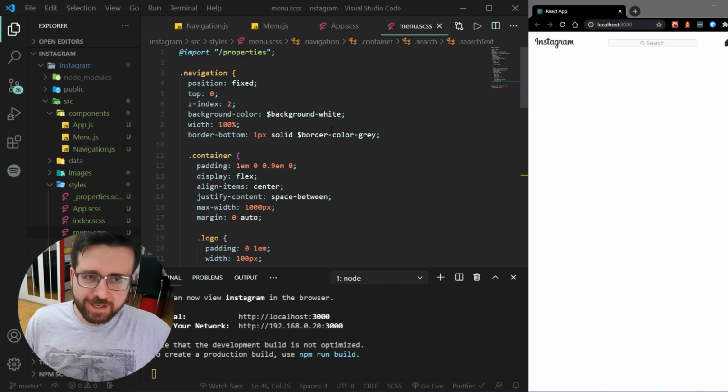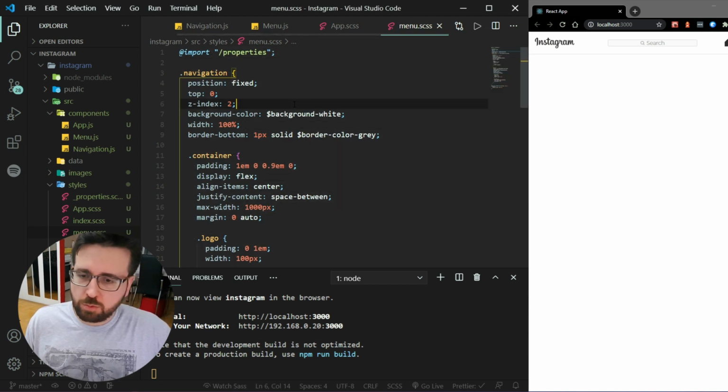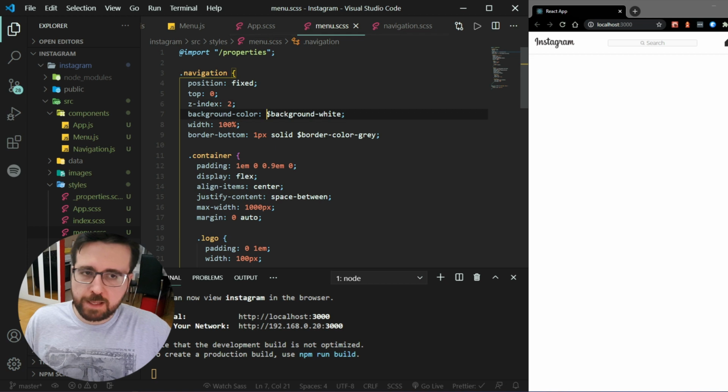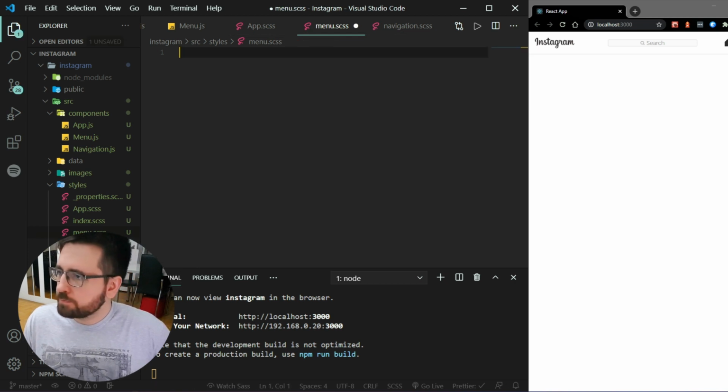All of this actually goes not into the menu but into navigation. So I'm just going to copy that over there, and in the menu,